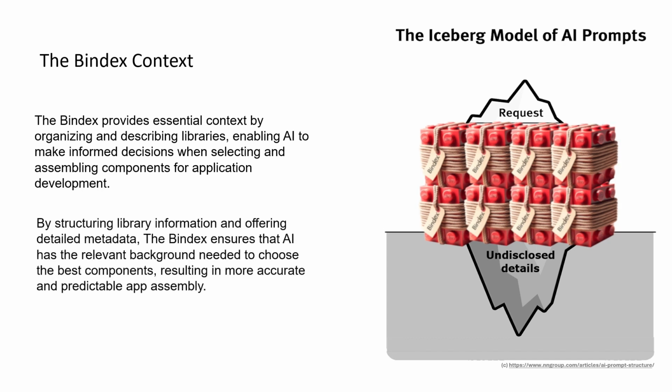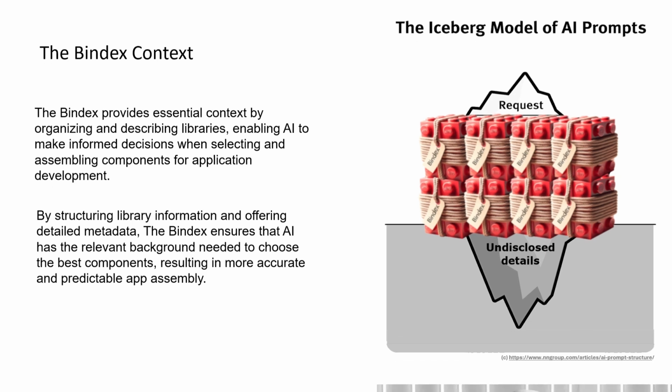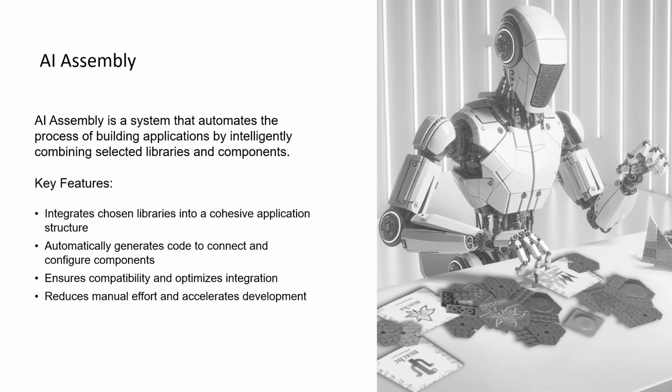Of course, the AI will still encounter many undisclosed details and may produce some unpredictable results. However, overall, code generation, even with less detailed queries, will become more predictable. Importantly, the generated code will utilize components that are likely familiar to your team, since we are focusing on corporate libraries. Now, we arrive at the stage of building the application, a process we'll call AI assembly.